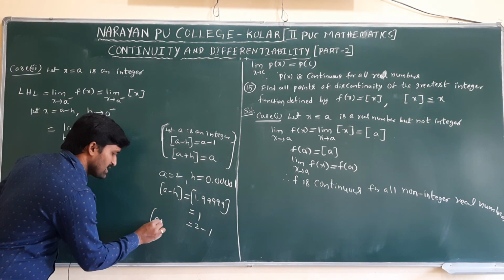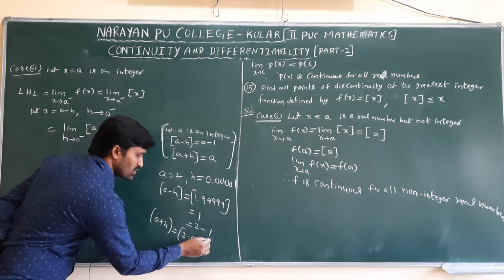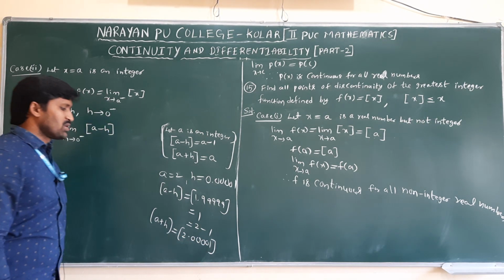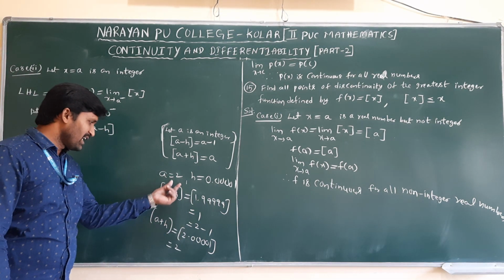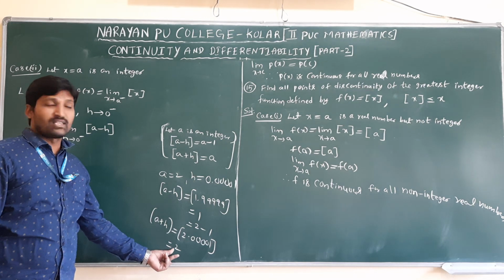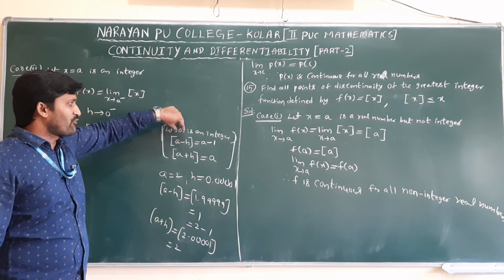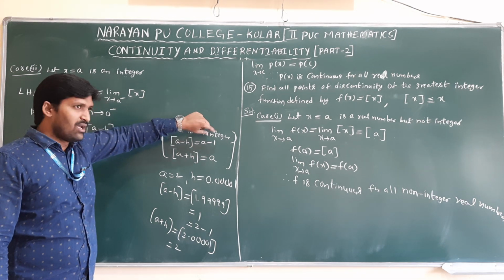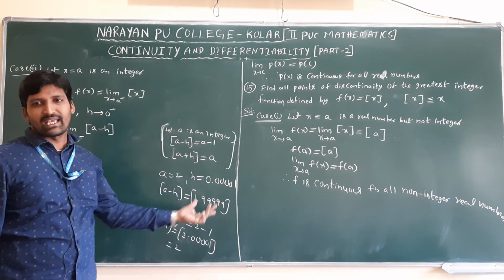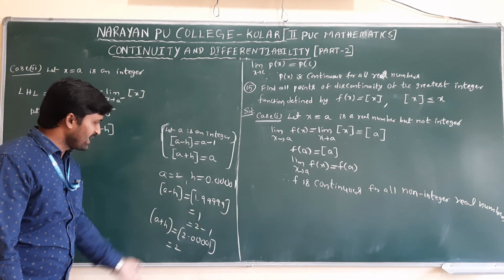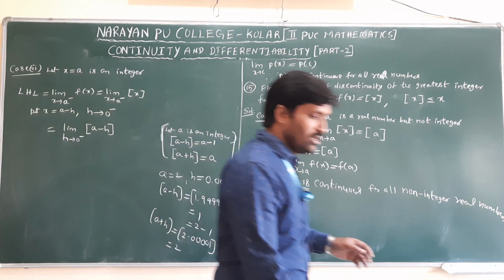Similarly, step of a plus h. If you add these two, what will we get? 2.00001. For 2.00001 the preceding integer is what? 2. What we took as a, the same value we got. That's always, I am telling again, for every integer a, step of a minus h is a minus 1. Again you will use it in further concepts. Okay. Step of a plus h is always a. This is a simple example. Take any integer, verify. h is the smallest value. It's always tending to 0.